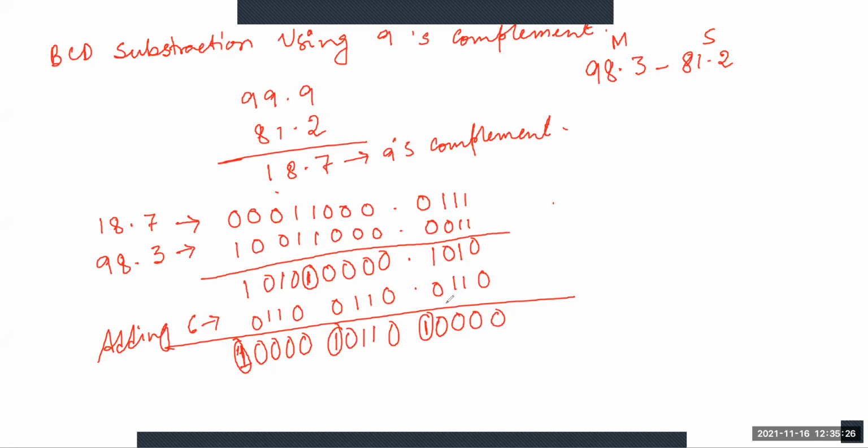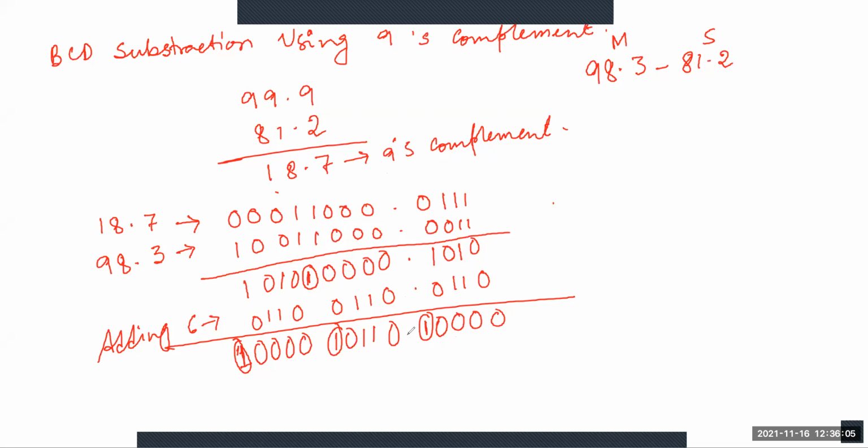Clear. But one thing, in the last steps, when we added two numbers, we got one carry, and this number is invalid BCD. That's why we added 6 in each term. Now again we are getting carry. When the 6 is added, after that you will again get carry. So in that case, the carry is shifted to the new bits.